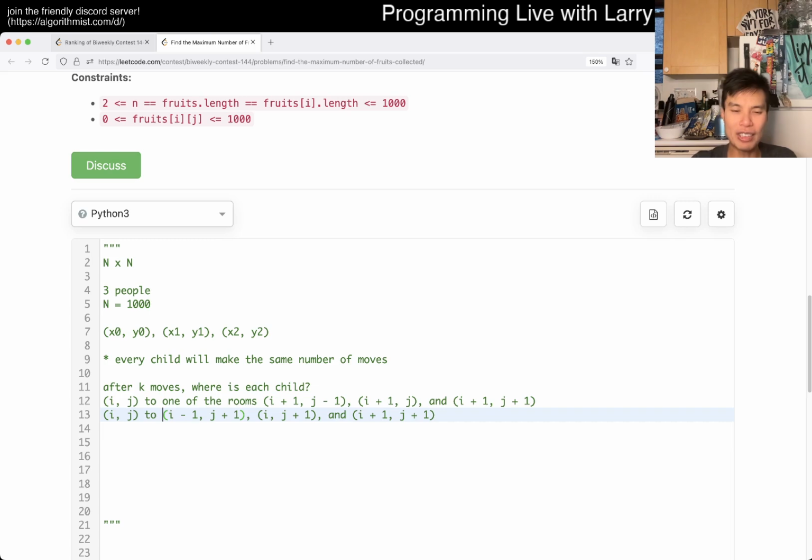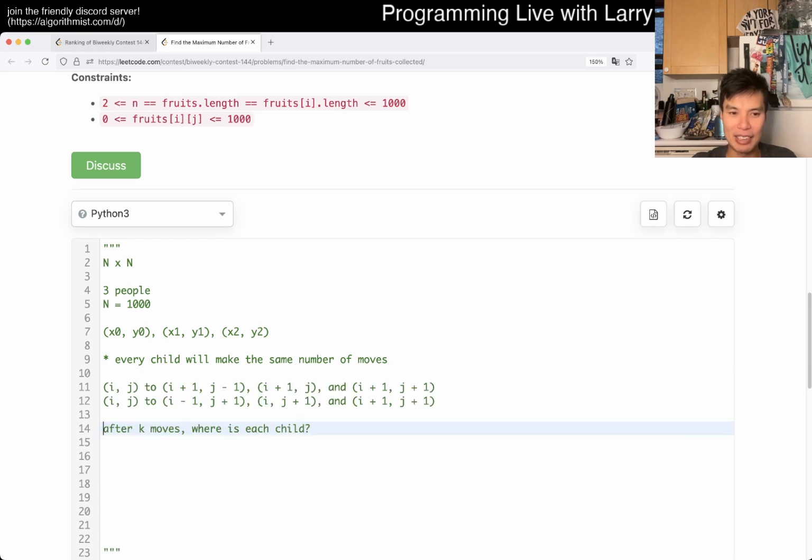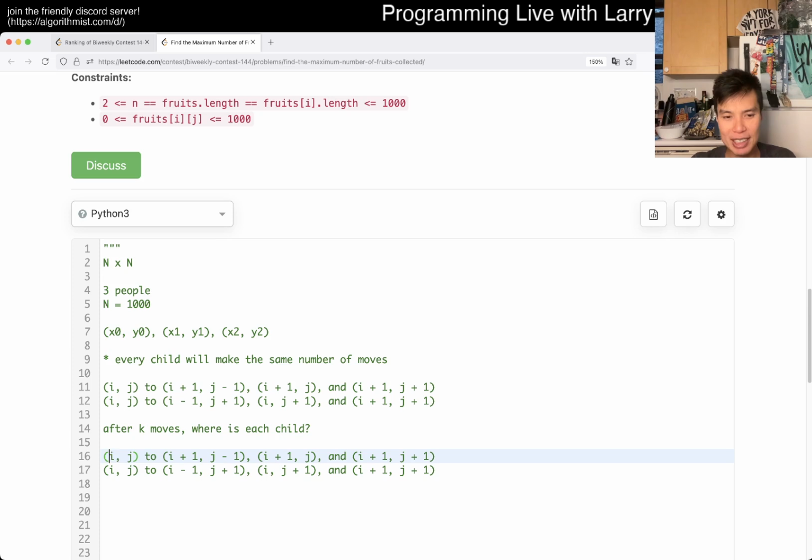Right, so looking at two of them, we had this choice, right? And here, I noticed that, okay, well, I will only go to I plus 1, right? So that means that, actually this is technically up here. So then now I can, after k moves, where's each child? Well, this child